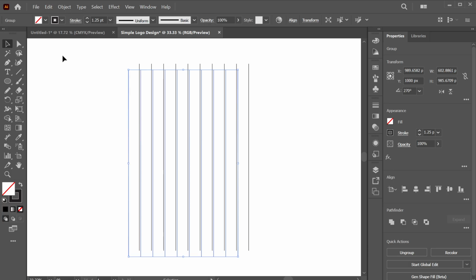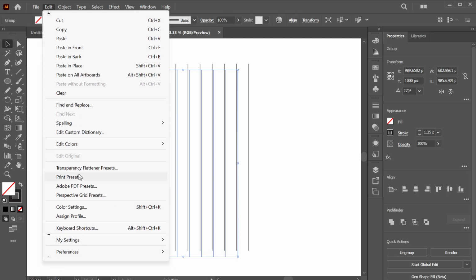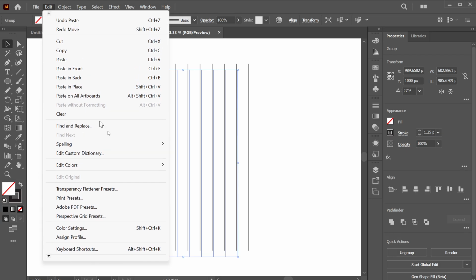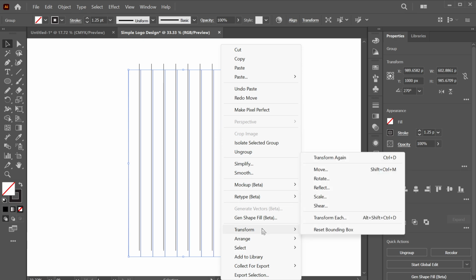Now, the next thing I would like us to do is this. While the first one is selected, we head over to Edit. When you head over to Edit, you will see Transform. It's all right. Sorry, you just right click on it. Right click on it. Can you see Transform? Fine. I will transform this one